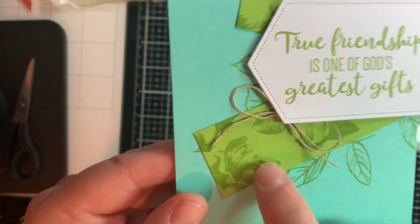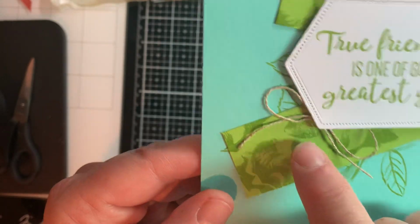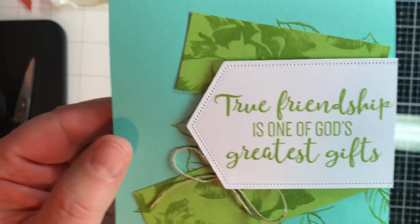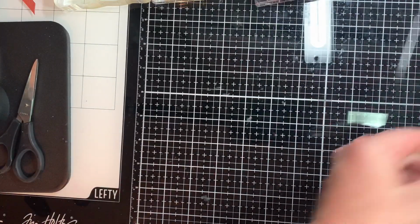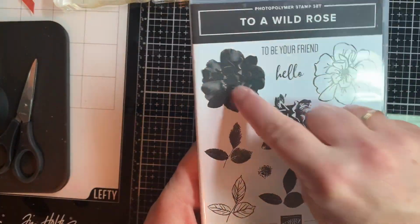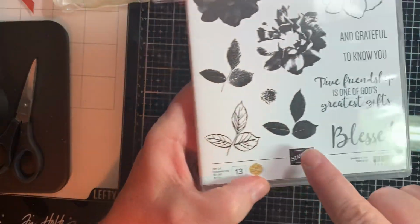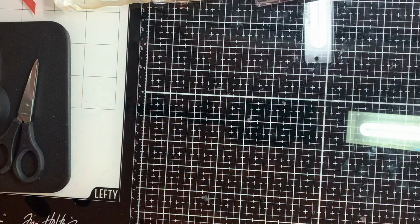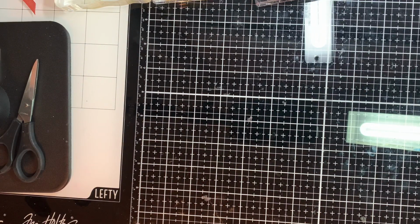Now this is the second step right here of the flower. And I love the way that turned out. Really pretty. So To a Wild Rose, you have the flowers that are 3-step, 1, 2, 3, and you have the leaves, 1, 2, 3. So I'm going to show you some examples of that on some Whisper White, and